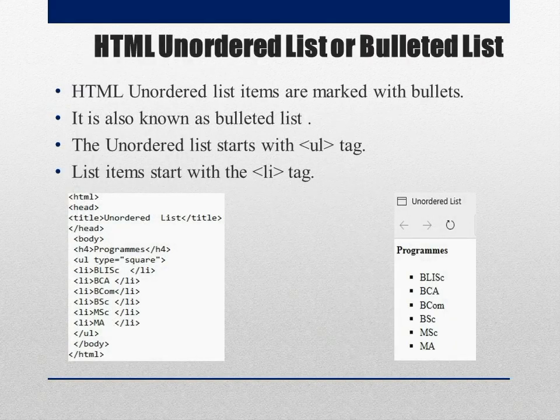Next is the unordered list. An unordered list is a collection of related items that have no special order or sequence. This list is created by using the tag UL. UL stands for unordered list. It is arranged with a bullet mark. And the main attribute used with this tag is type. That means we can use disk bullets, circle bullets and square bullets. An unordered list is otherwise known as a bulleted list. Here is an example of an unordered list. In this example, I am giving the type of bullet as square. If you don't mention the type of bullet, then it shows disk or circle bullets.